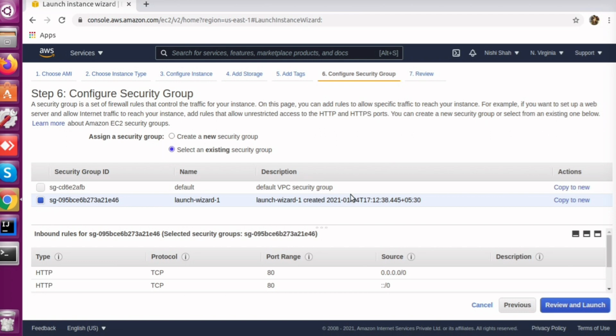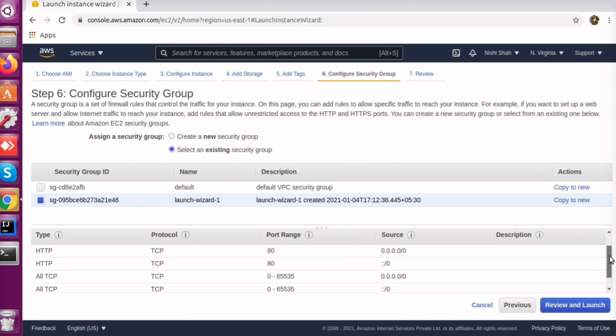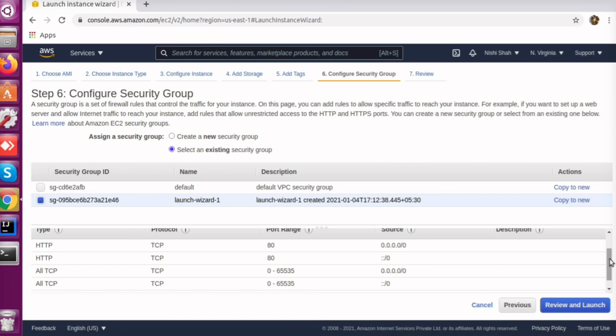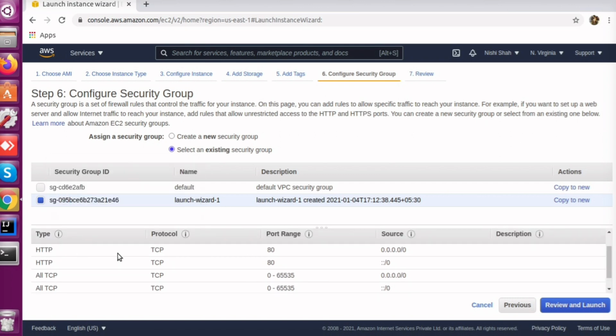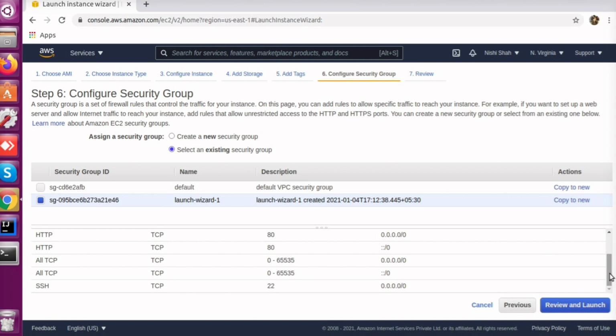If you want to host something like a website on your 8080 or 8090 port, you can choose these types of protocols and all, like HTTP, TCP, and port and source, then all TCP, then SSH.